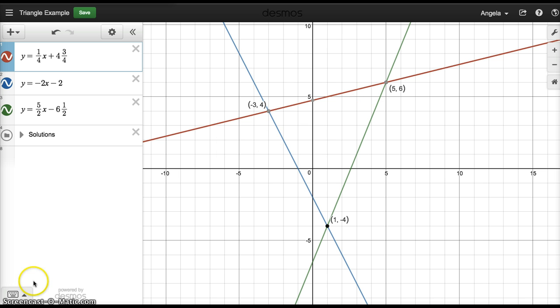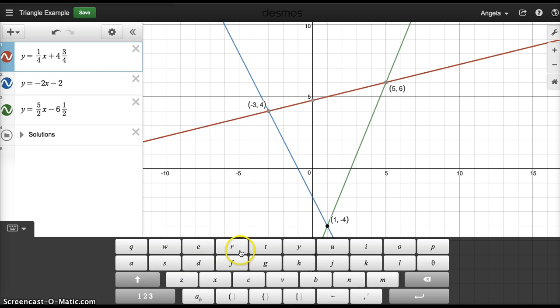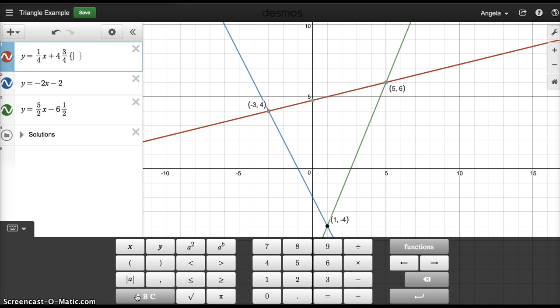In order to do that, we show the keyboard. We're going to click on the alphabet keys, and the brace symbol is right here. And now we need to write a statement that says that we want our x value to be greater than -3 but less than 5. So we're going to start with the smaller value of -3,